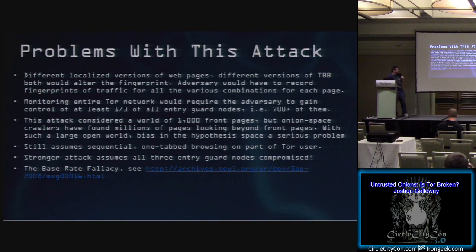there's a wonderful explanation of it, and I can't really see that link, but it's to an article called How I Learned to Stop Fearing the NSA and Love the Base Rate Fallacy. The base rate fallacy is something in statistics, but that article specifically applies it to Tor traffic and why it's problematic for attacks of this kind. But Agora could have saved itself a lot of trouble if they had read further into the paper and come to this part.